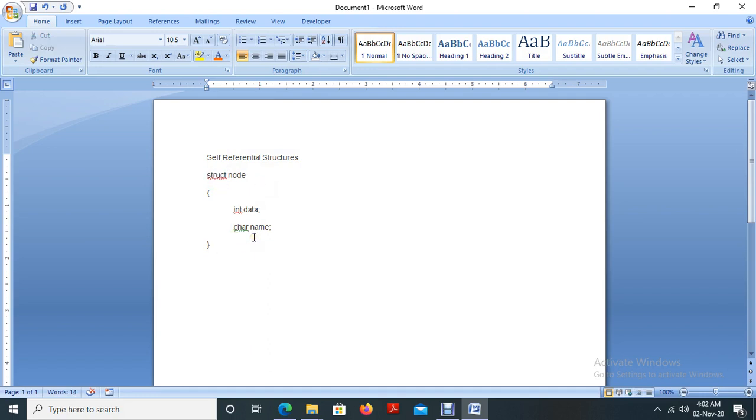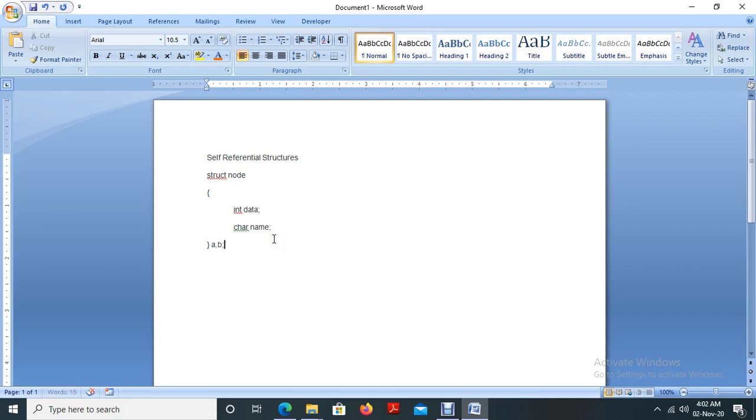And if you want to declare a structure variable, two types of variables are there: structure variable and structure member variable. Member variables are the members inside the structure. So int data and character name are the structure member variables, and node is the structure name. Struct is the keyword used to define the structure, and the structure variables can be defined like this: a comma b.